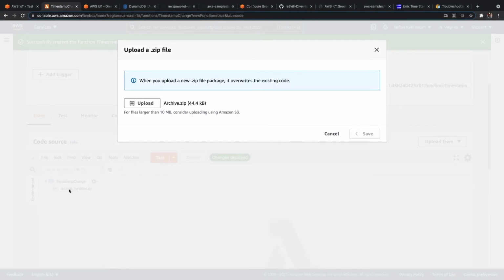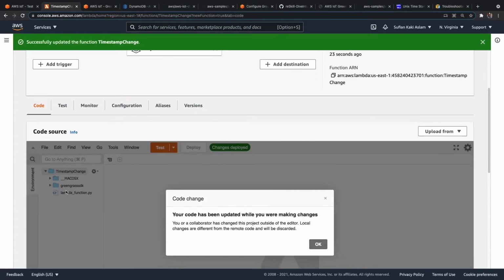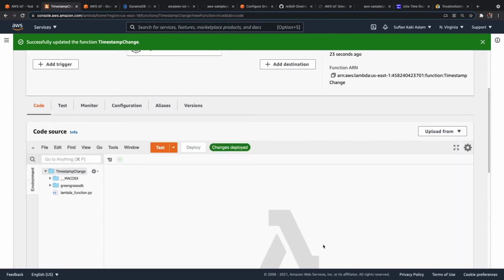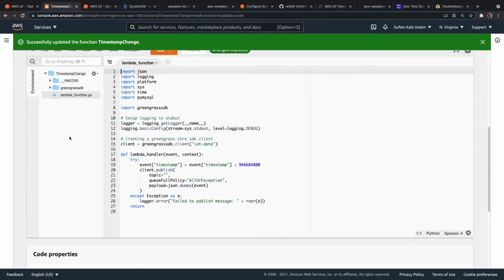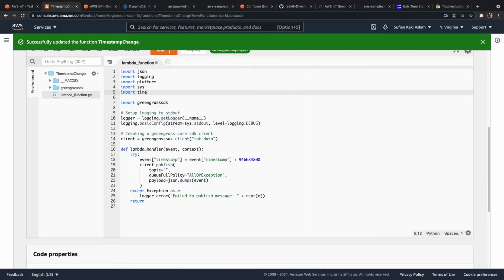So it will populate that Greengrass SDK as well as the Lambda function here. And in the Lambda function, a few things that you need to be mindful of: just get rid of this import by MySQL. It's not relevant here. And it usually has a timestamp added, so we need to negate it.